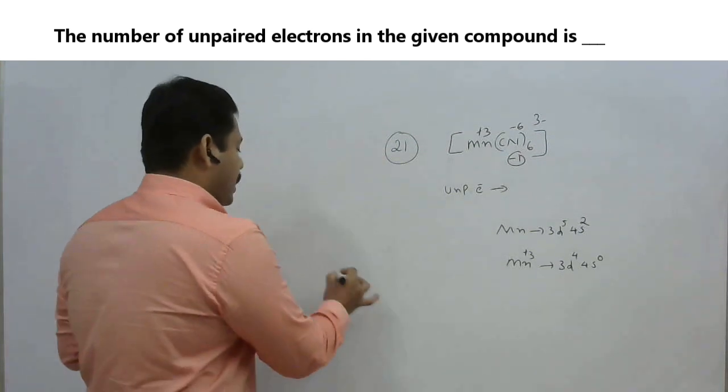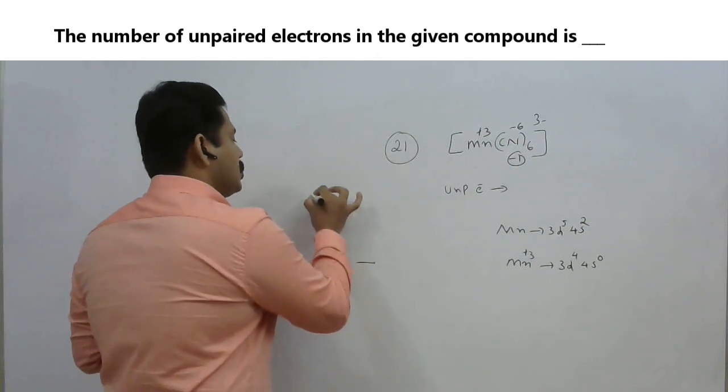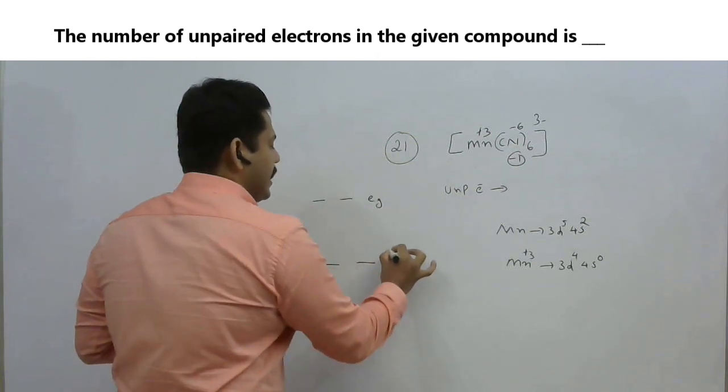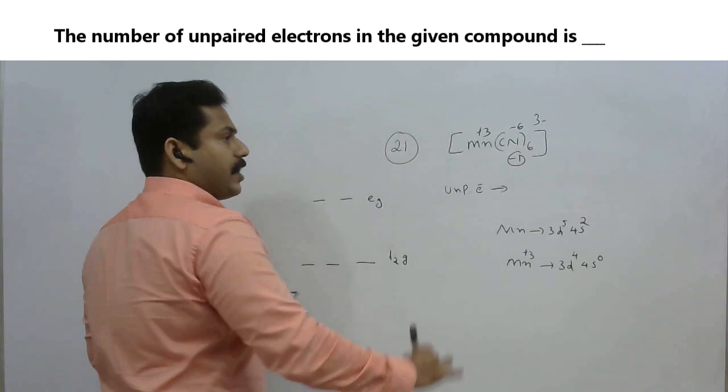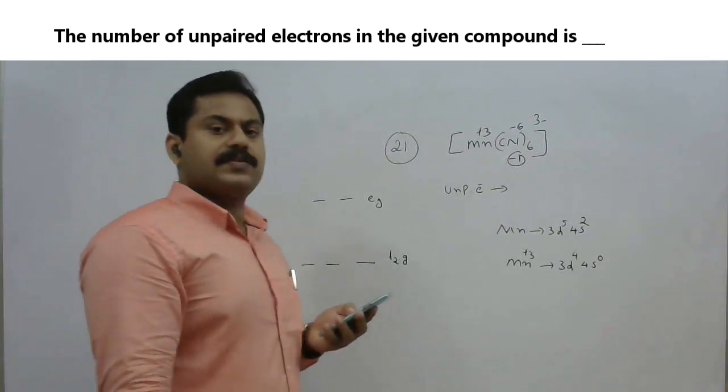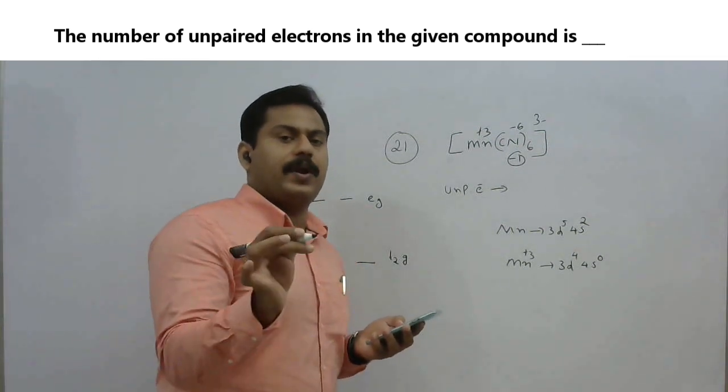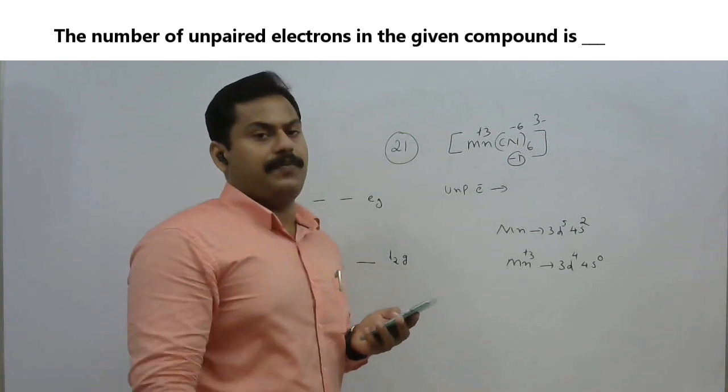So this is an octahedral field only. So T2g and this will be eg. Correct? g is the gerade symmetry only. It is absent in the case of tetrahedral field. Gerade symmetry is only applicable in the case of octahedral field only.